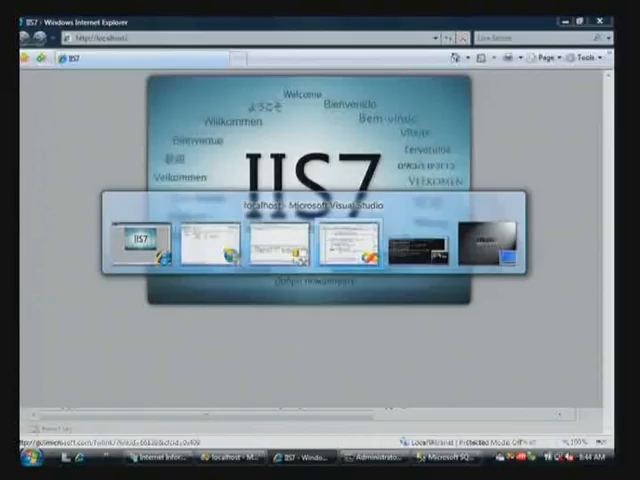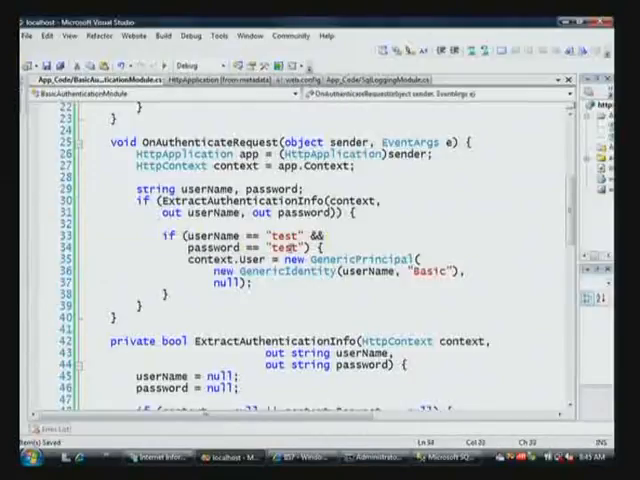Now, how many lines of code would I need to do this in a more realistic way? Not have username equals test and password equals test. What happens if I want to store my users? Okay, here's a question. Here comes your manager